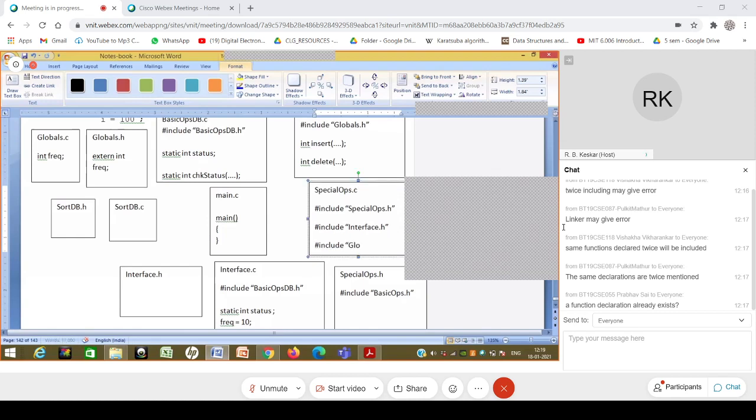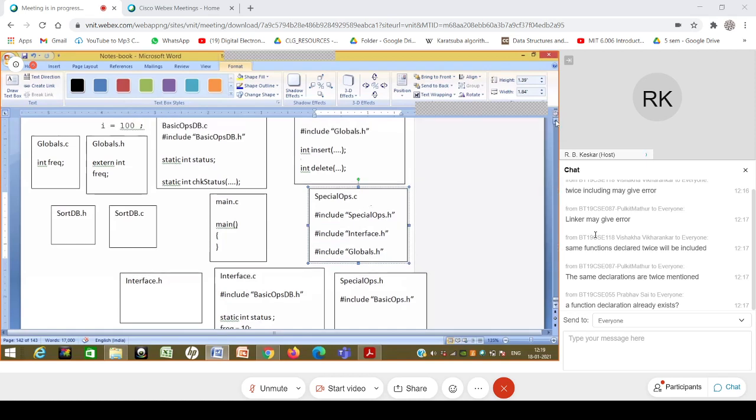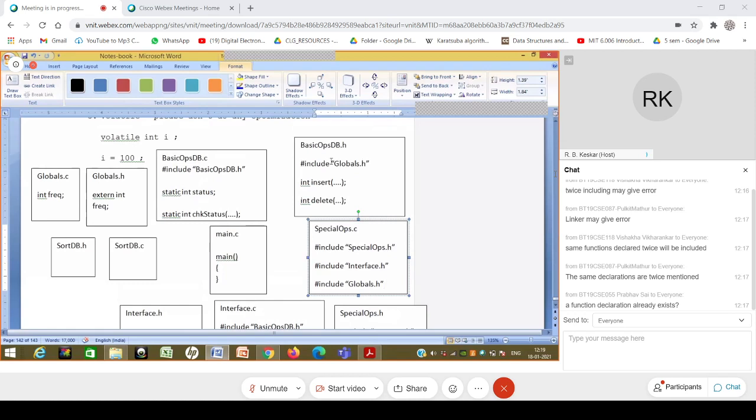The compiler is still going to creep about that. Okay, GCC definitely I think will complain about it, saying that the same structure has been declared twice. So it doesn't like it. So what is the way out of it? I can't tell programmers not to include. Even if I am the manager, I will rather say that you please include all the header files that you require, and everyone is going to include globals.h.